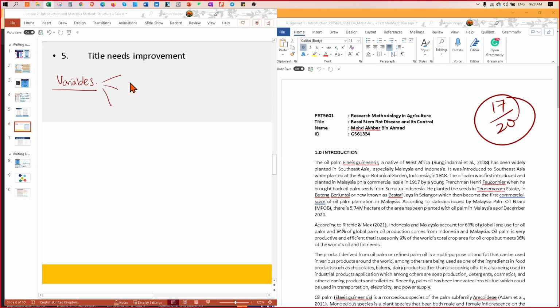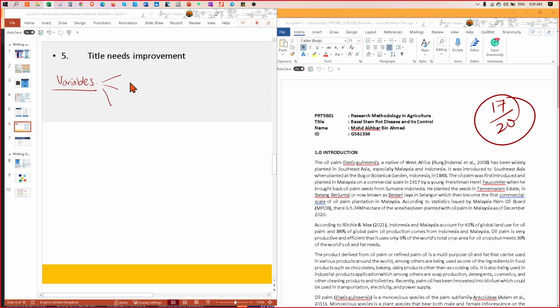Do you still remember from your scientific study, how many variables are there? Doctor, I'm not using variables. I'm basically comparing the two standards, then how to integrate between the two standards. This is not about your study yet. We'll come back to your study. We're talking about general scientific writing. Even if you write a legal paper, there are still variables. How many variables? Have you learned about variables before?